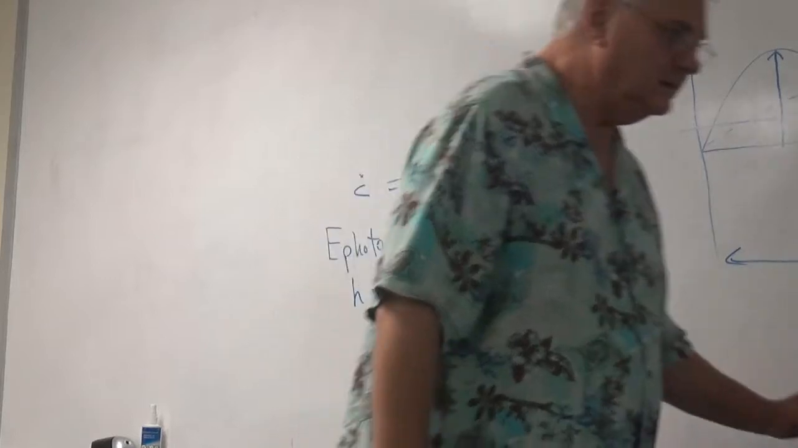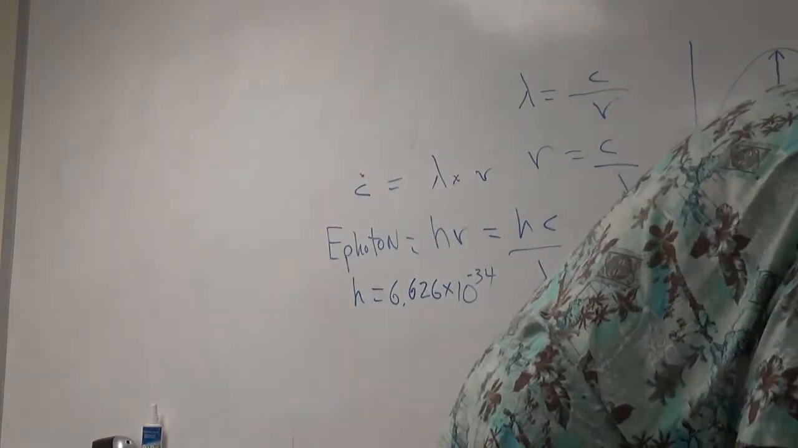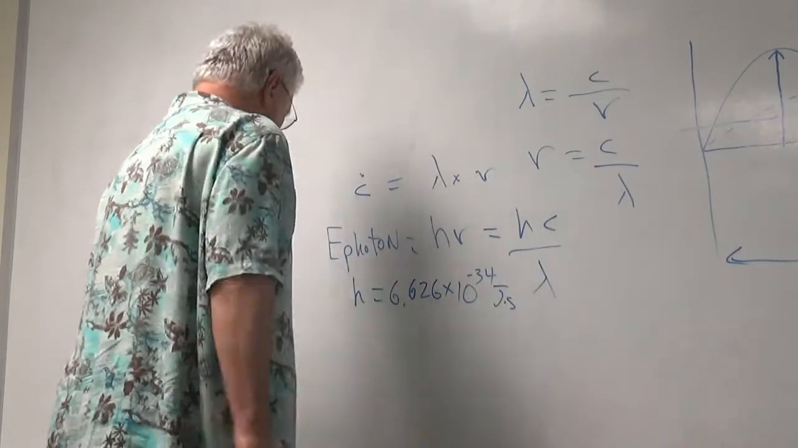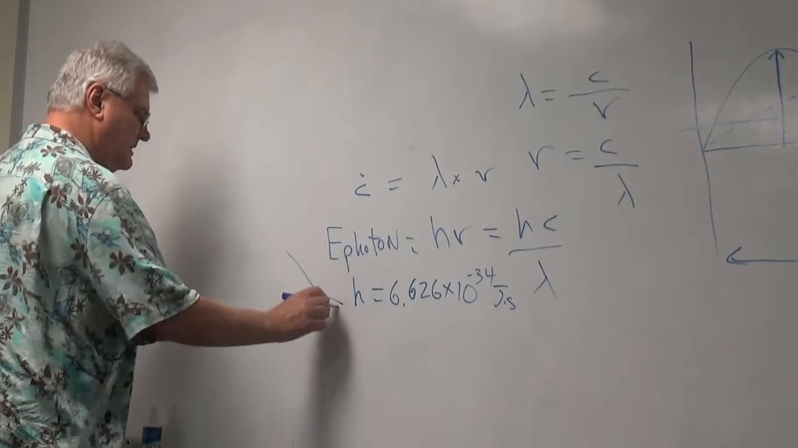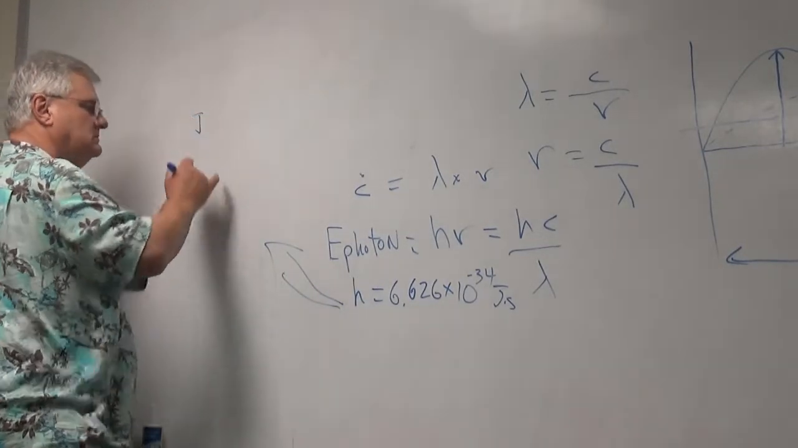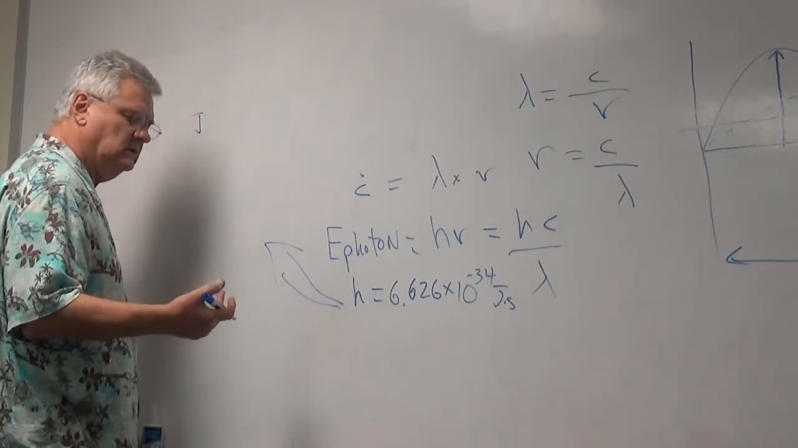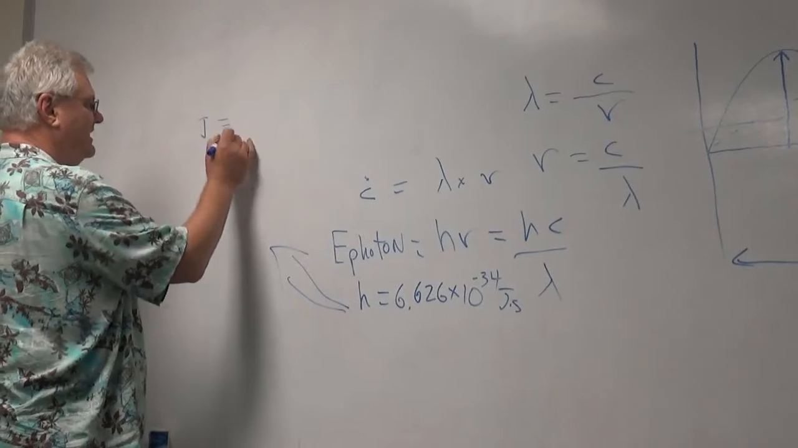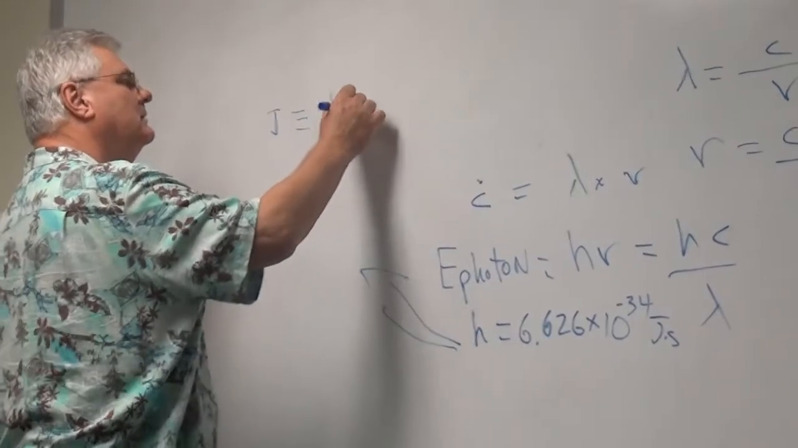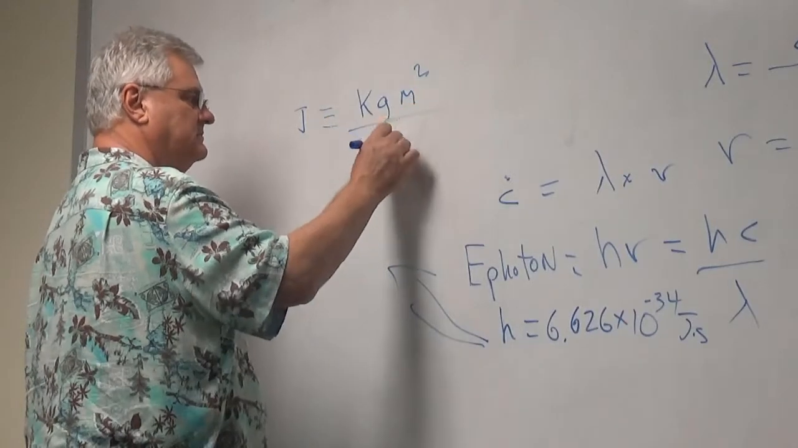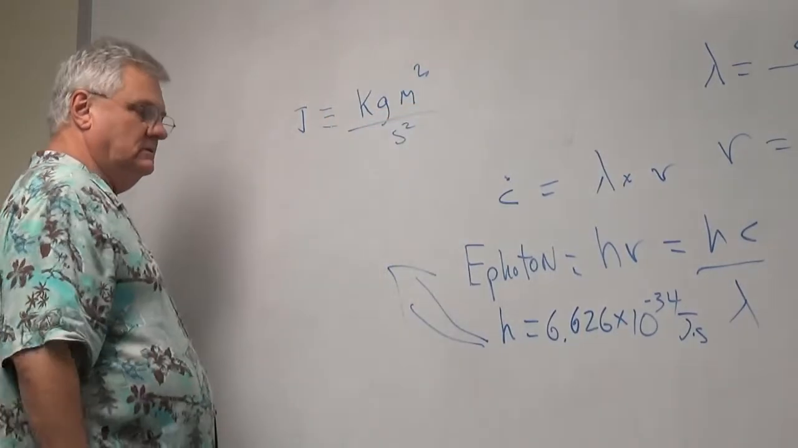And this is in the units for Planck's constant, joule seconds. And keep in mind, a joule is a unit of energy or work. Work is a force times a distance. A joule is defined as a kilogram meter squared over second squared. And so,